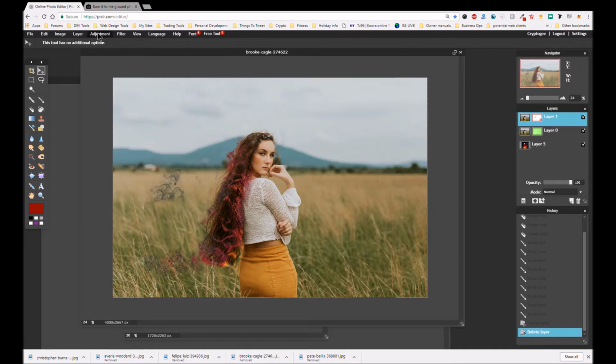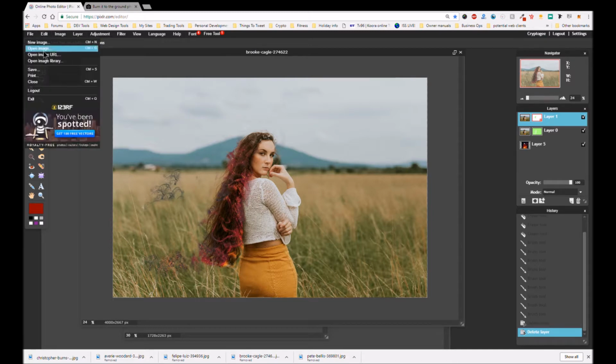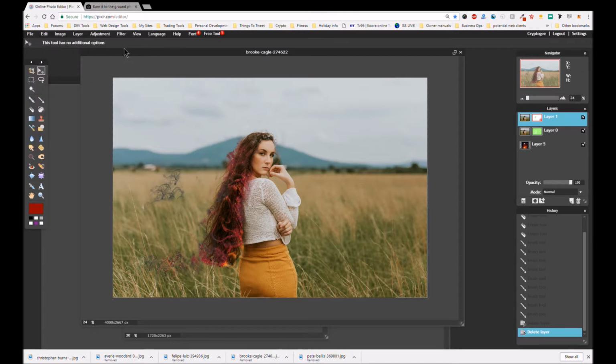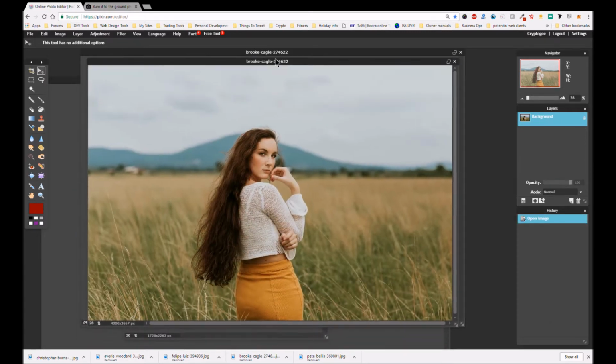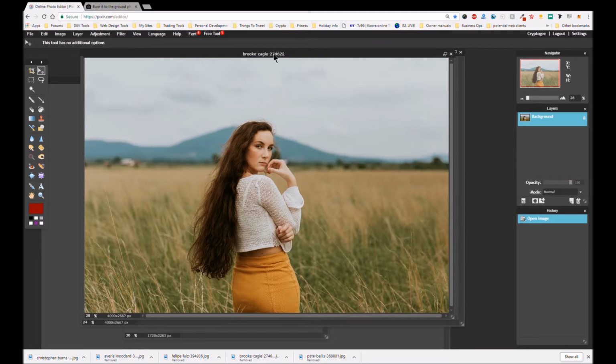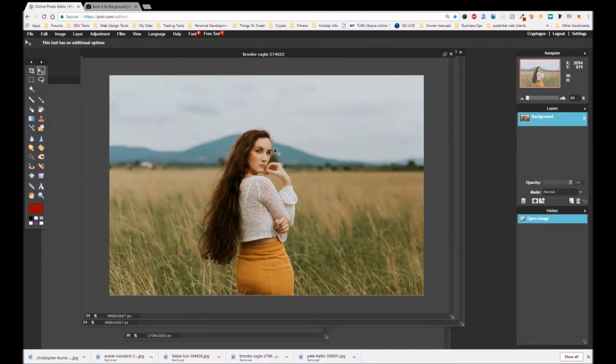Okay, so obviously, we're going to start with opening our image. You can't see my folder, but I'm just going to open this image again. It's a lovely picture by Brooke Cagle from Unsplash. Right, so the very first thing we're going to do is unlock our background, and duplicate the layer twice. Make sure this is nice and stretched actually, because